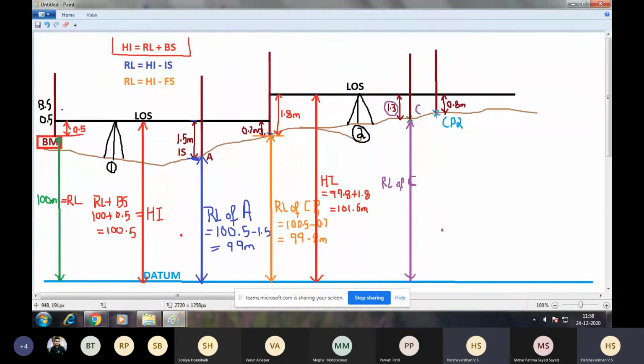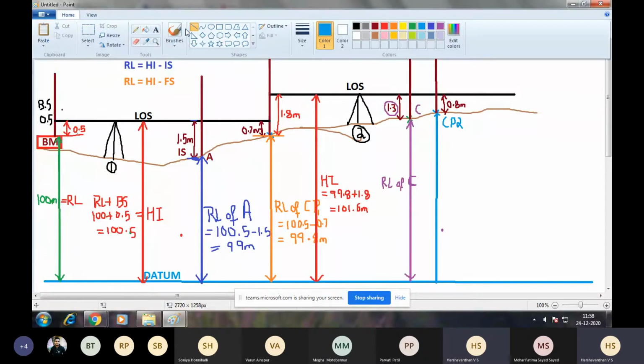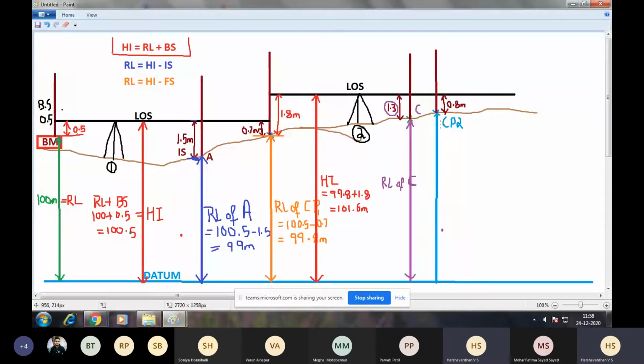RL is the vertical distance of the point from the datum. Now I can calculate this RL as height of instrument minus foresight. I've already generalized the formula: RL is equal to height of instrument minus foresight.